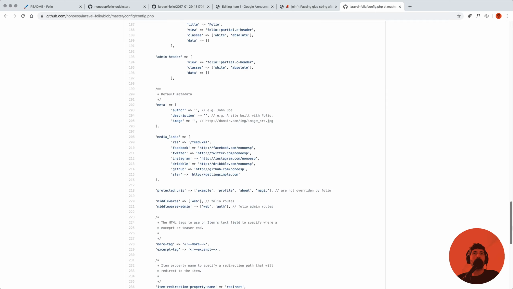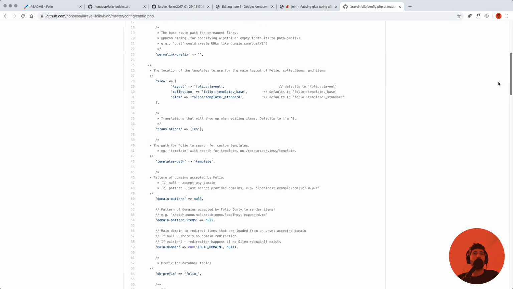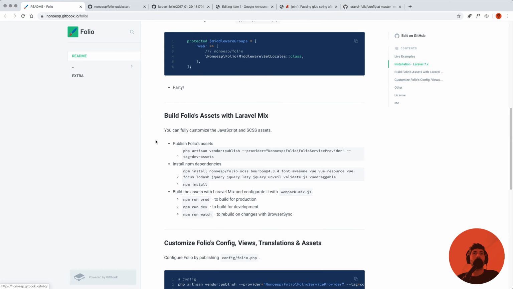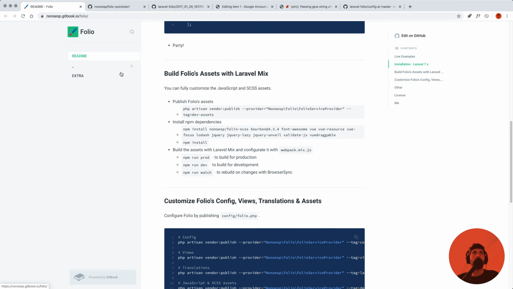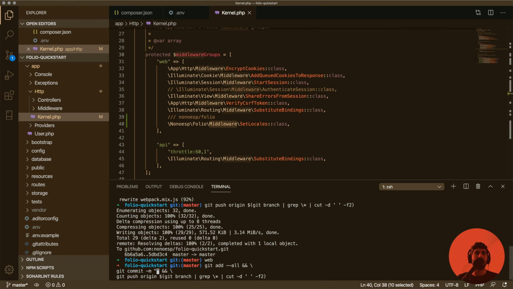So we have this huge Folio config file. This is what lets you make your Folio installation yours, right? And that's something that is below here. So after we've done that, we're just going to make this last commit that says add set locales to app http kernel web middleware,